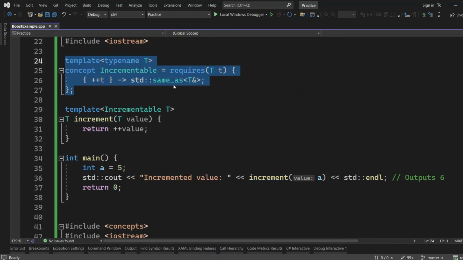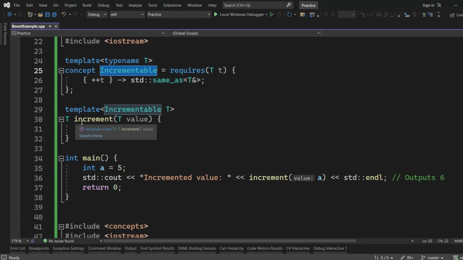It will be easier for him to understand what this particular type is about. So what you are defining, what you are intending with this particular template method, will be very explicit. And also you can reuse this particular concept everywhere in your code, and this is a one-time definition that you can do in your header file or some common place where you can reuse it